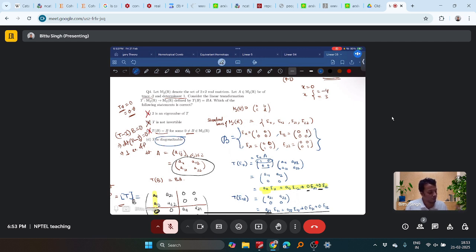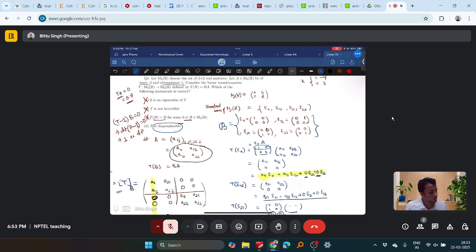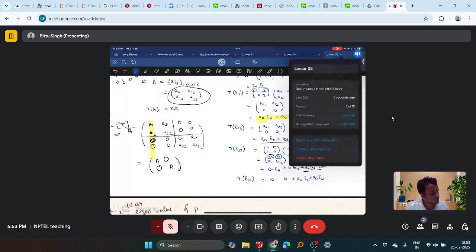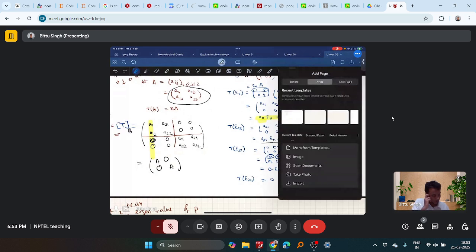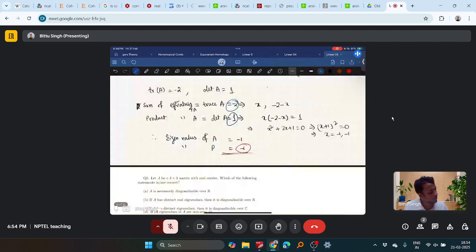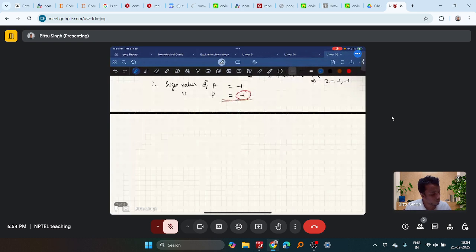So there, whether T is diagonalizable or not depends on whether A is diagonalizable or not. So those three are certainly false, but we cannot conclude from this. So what about the diagonalizability of T? Let me write: A is diagonalizable